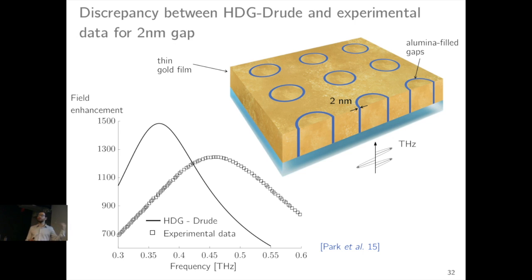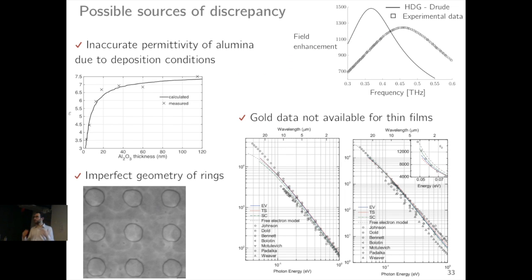And this is what motivated us to explore, okay, what are the possible causes of this discrepancy? Can we try to nail it down and have a more predictive model? And this is precisely what I'm going to address now. As I briefly mentioned before, there can be multiple sources of uncertainty in this problem. For instance, we're using these